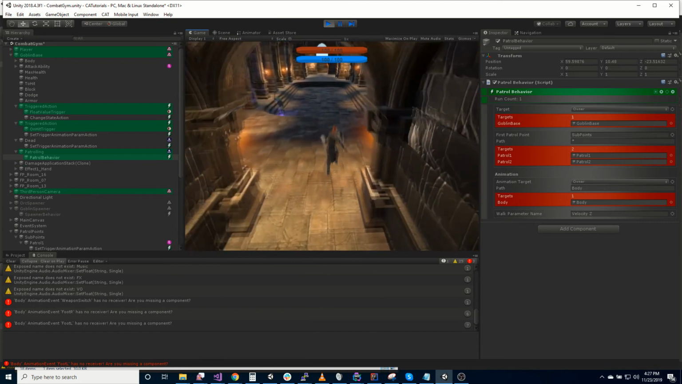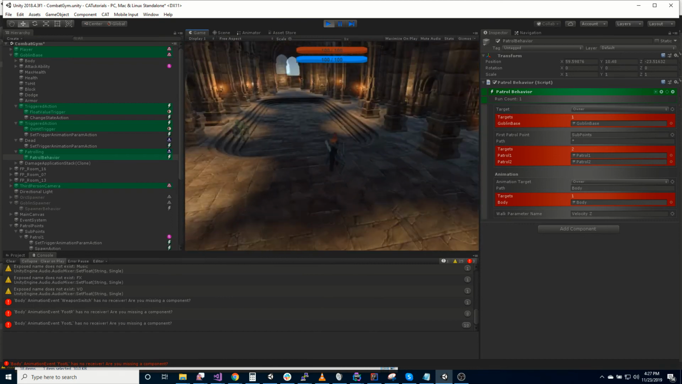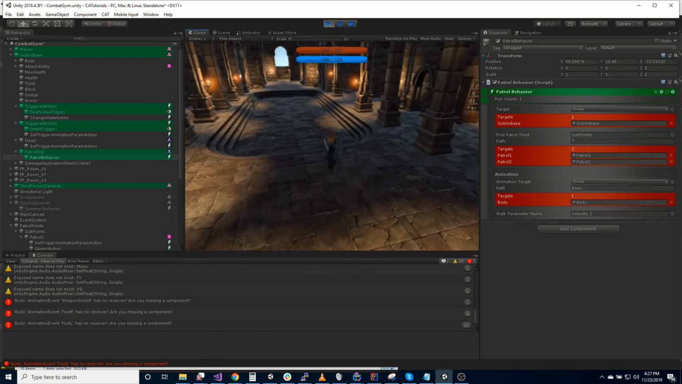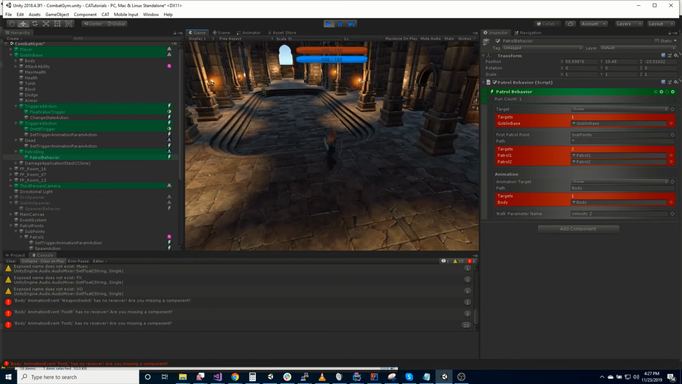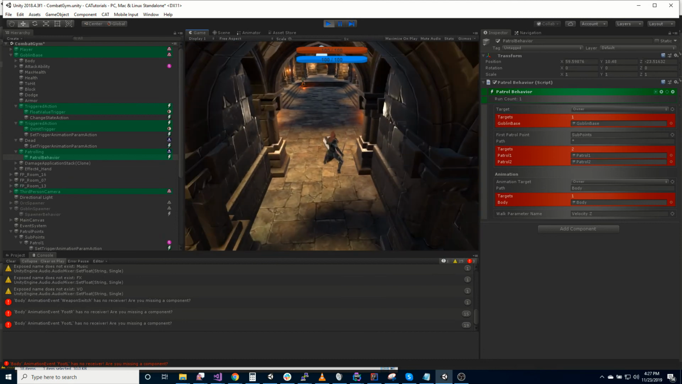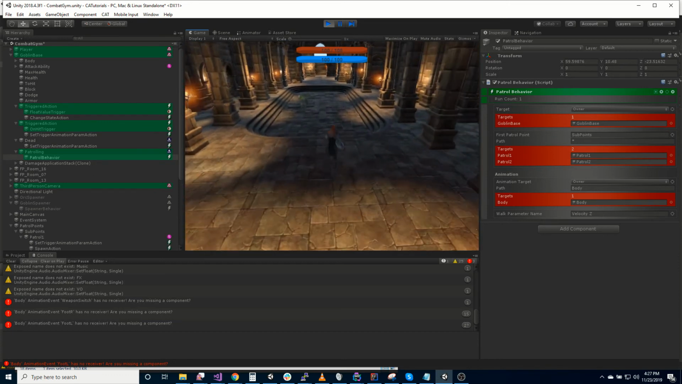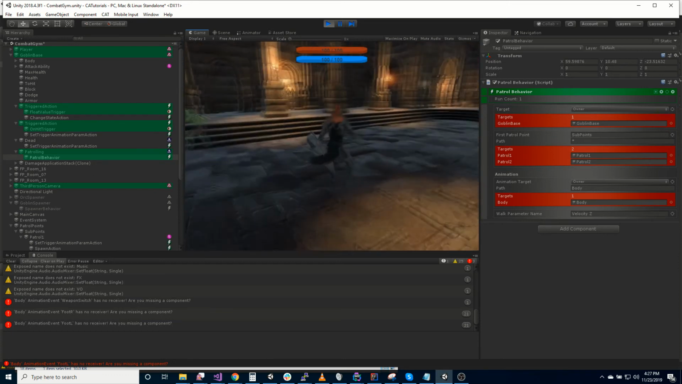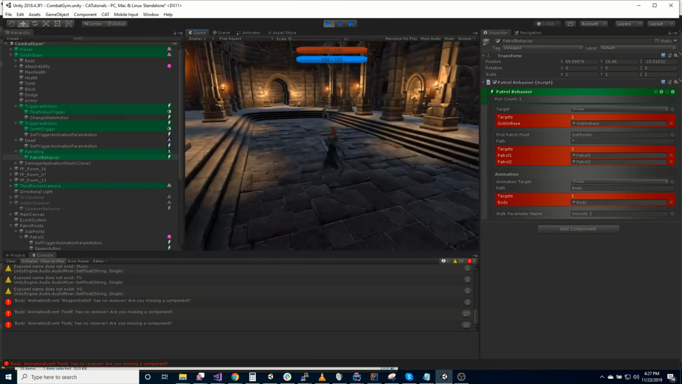You notice he's not where he had been the other times. Normally he'd been at patrol point 1. So I just got to wait for him to come around again. In fact, let's back up. And he should totally skip patrol point 1. It's going right for patrol point 2. Now, if we wait for him to come back,